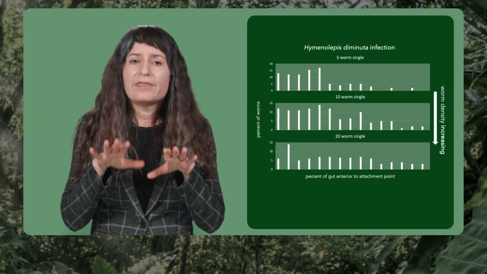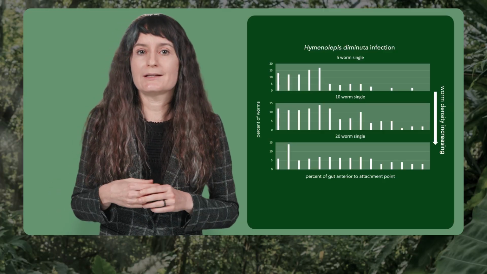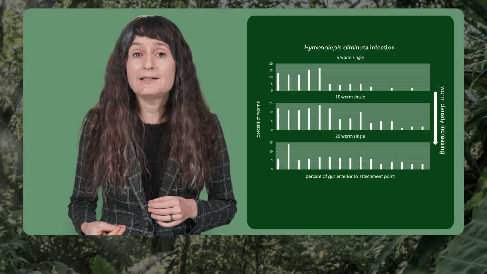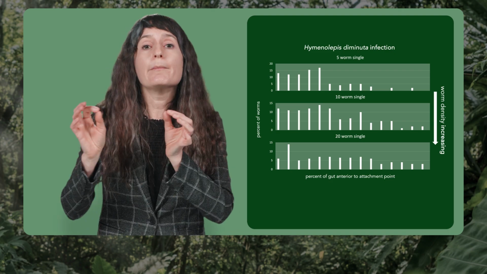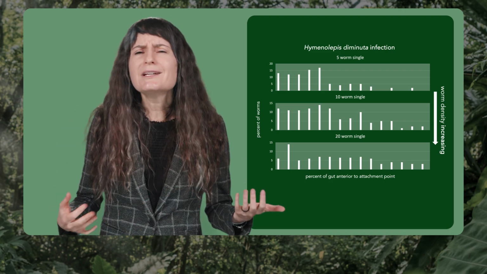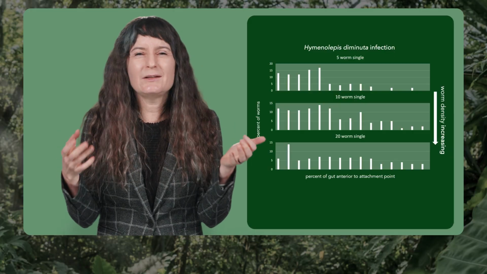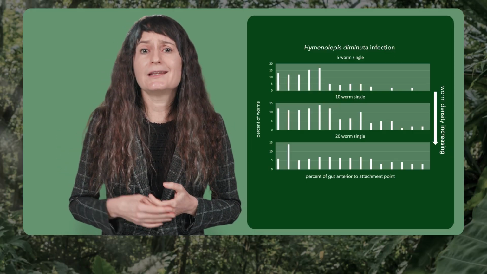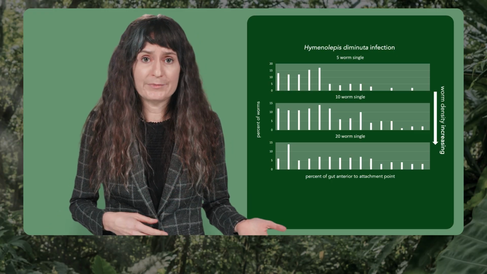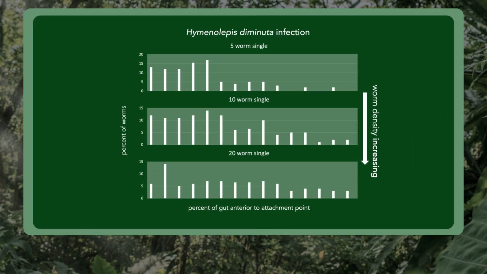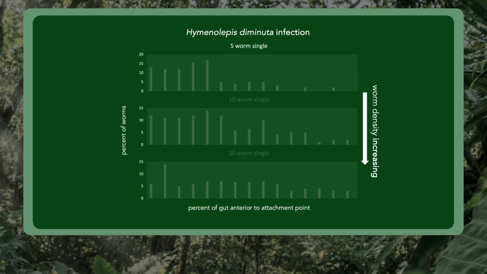Well, we know that the gut habitat is really heterogeneous. Food and environmental conditions are very different in the anterior portions compared to the posterior portions. It's reasonable to think that some gut microhabitats are better than others. So maybe let's see whether worms pick different positions in the presence of competitors than in their absence. Let's get some rats, experimentally infect them with Hymenolepis diminuta. We'll either feed them 5 metacestodes inside of beetles that will give us 5 adult worms in the rat gut, or we'll feed them 10 metacestodes, or 20.